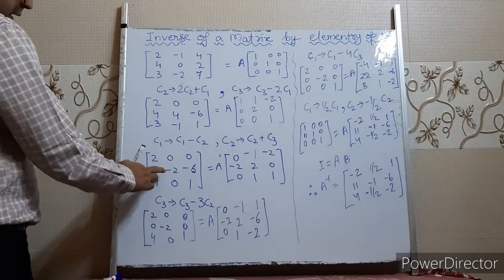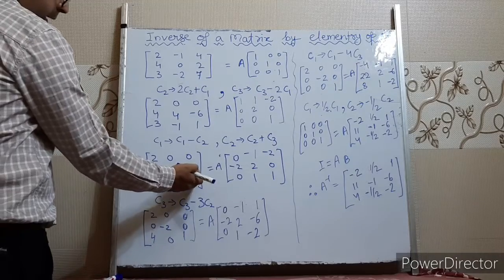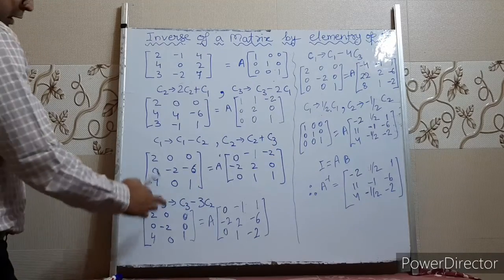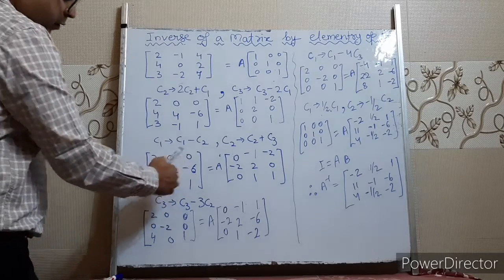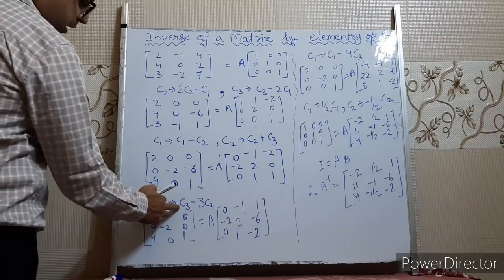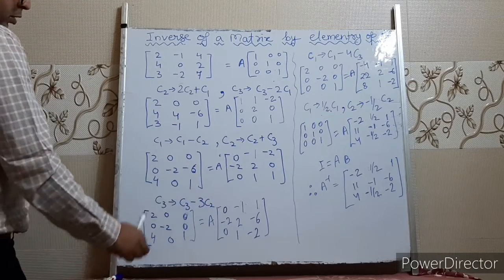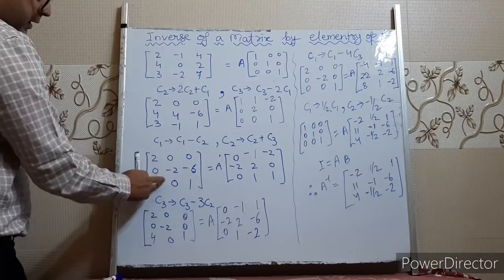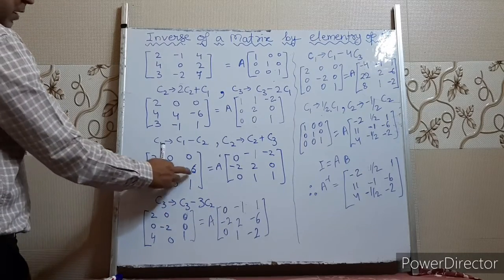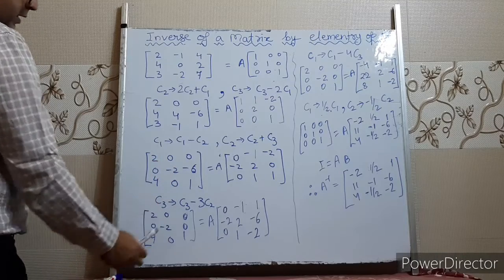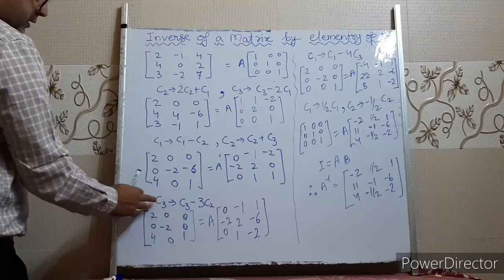Now you can see in column 2 we got 2 zeros, and here we have to make minus 6 as 0. Okay, so what we'll do, we'll multiply 3 in column 2 and subtract with C3. So we are going to do C3 minus 3C2. If you do that, you'll get this particular term 0. So I multiplied 3 and then subtracted. We got 0, 0, 1 here. When you multiply 3 here, it will become minus 6, minus of minus 6 will become 0. C1 and C2 will remain same, only change will happen in C3.